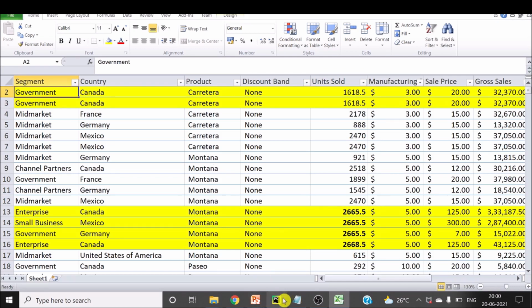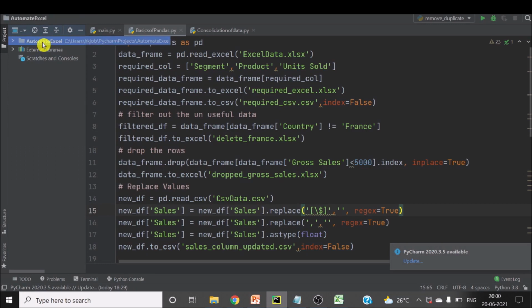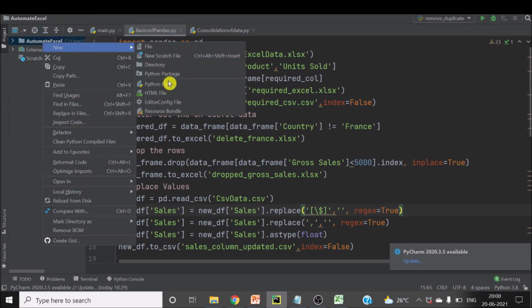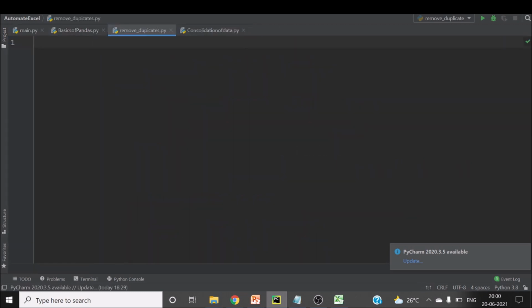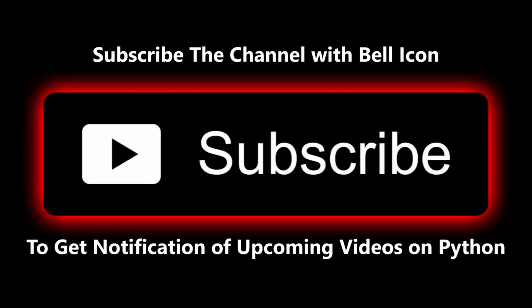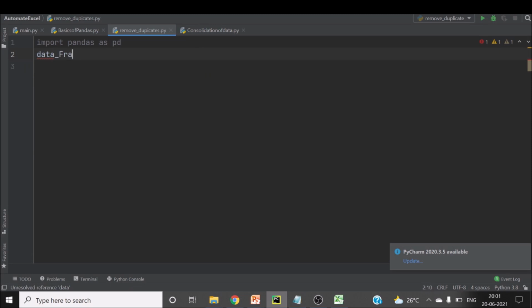I will go to my Python editor. PyCharm I am using here. You can use Jupyter Notebook as well. So I will add a new file. Okay, so first of all, we will import pandas as pd. Then I read the data into a data frame.